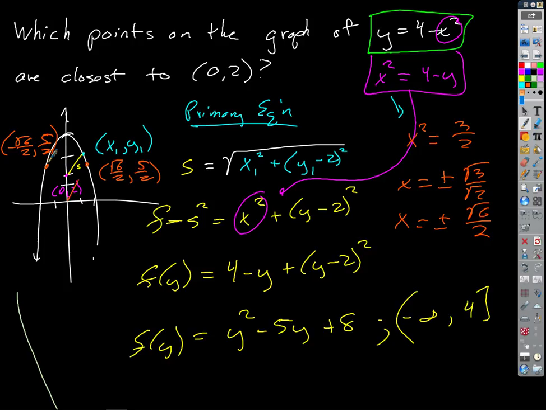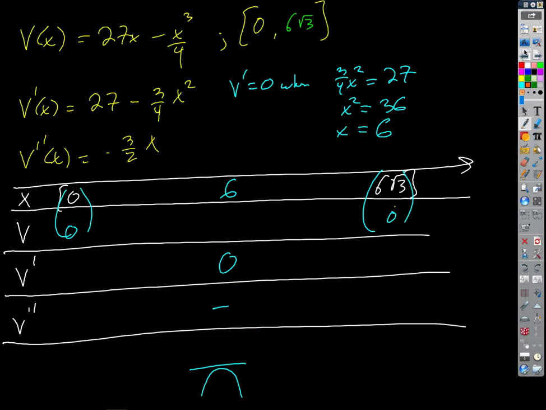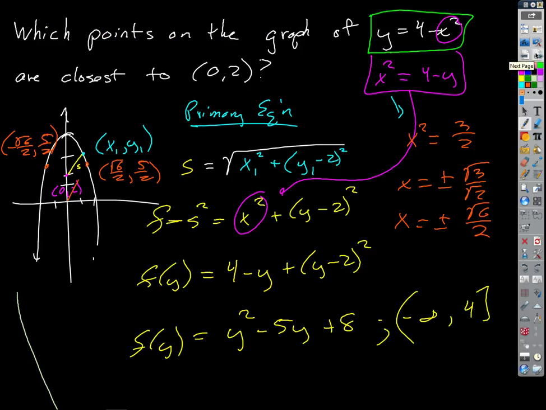And we know that that's the point that's closest just because we threw the x squared equals 4 minus y into the distance formula. Because of this function, right? If we can agree that the minimum of this function is going to give us minimum distance, then that's all we need. And this is the distance formula, right? If I square both sides of the distance formula, the minimum of s is also where s squared is the minimum, right? Okay, so